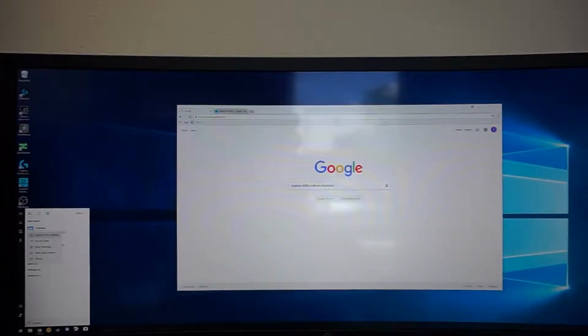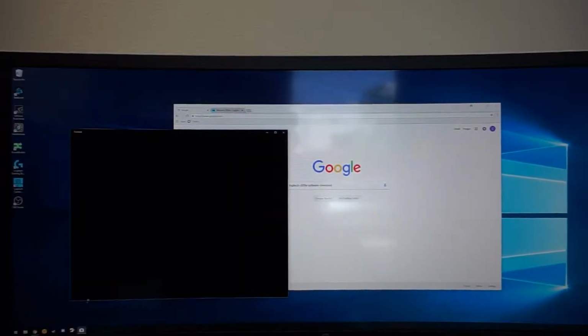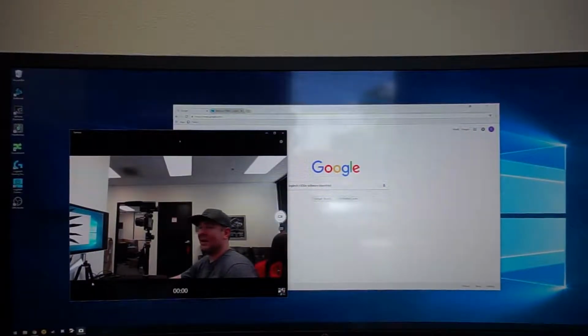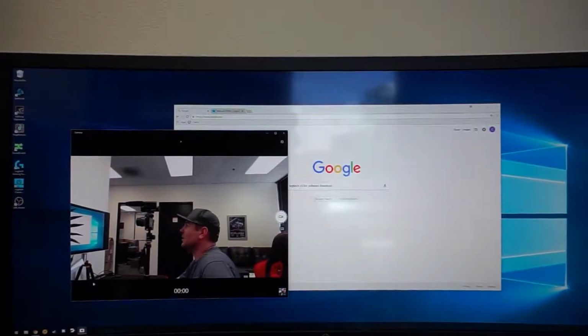So in any case, I'm going to open up the camera now so we can see that the camera is working correctly. And there I am. Hey guys, how's it going? So everything looks like it's working correctly, and